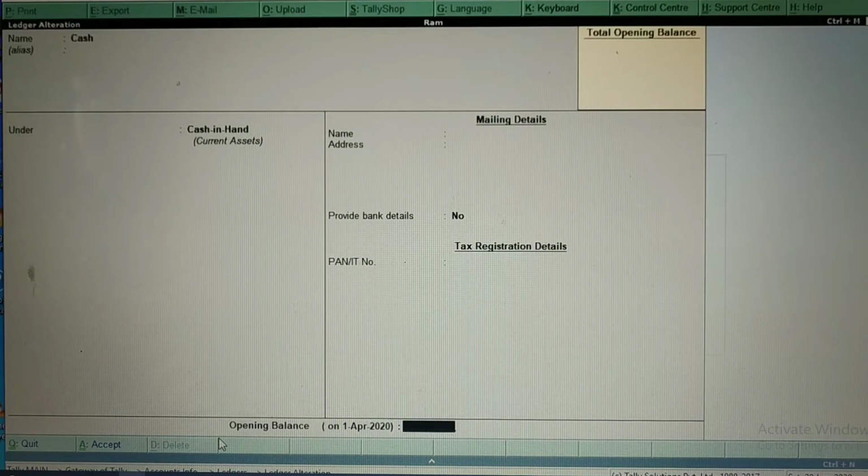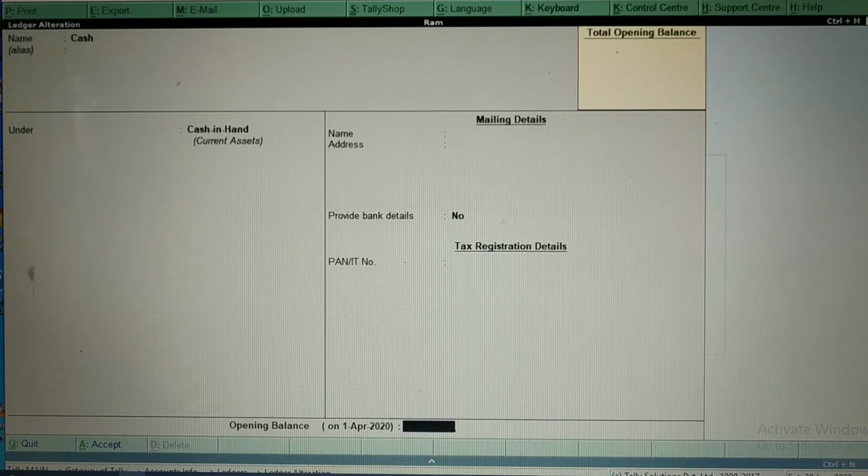When do we need to enter this opening balance? If any company started many years back, whatever income or revenue that company made in a previous year will be carried into the current year. Whatever revenue the company made in the previous year will all be the opening balance for this current company.